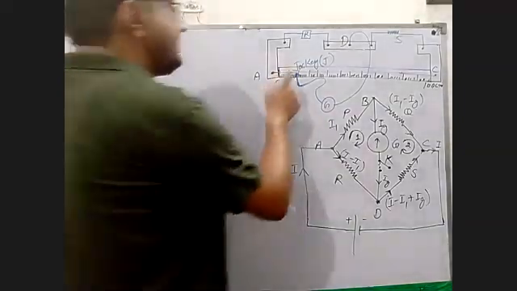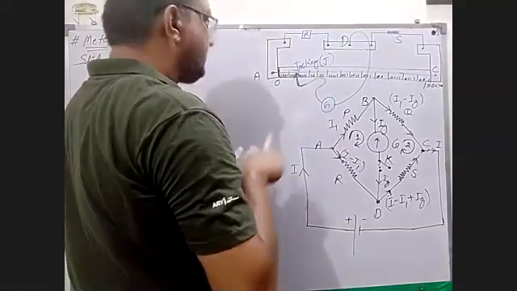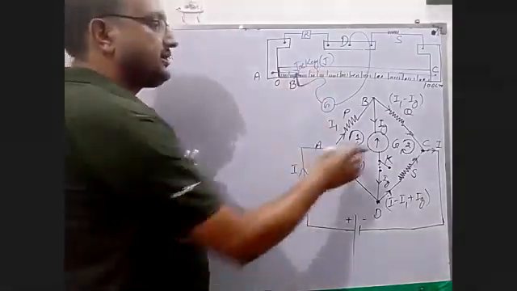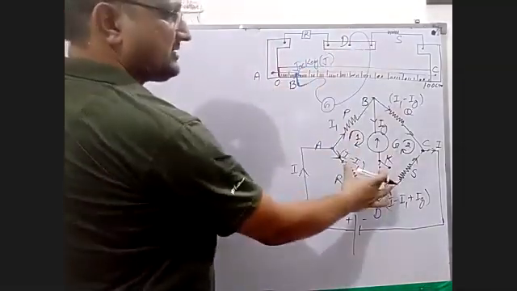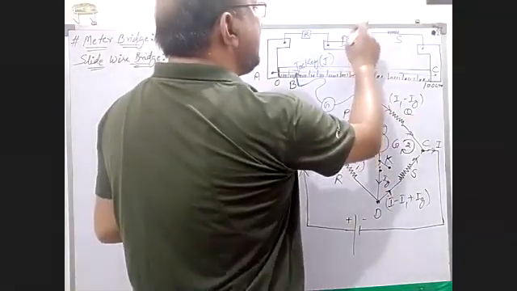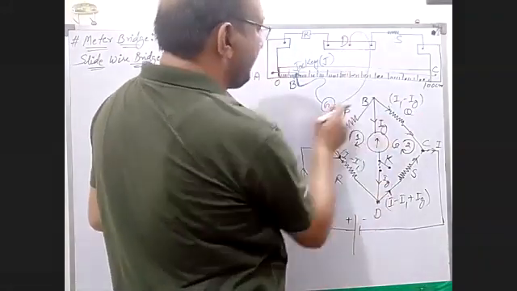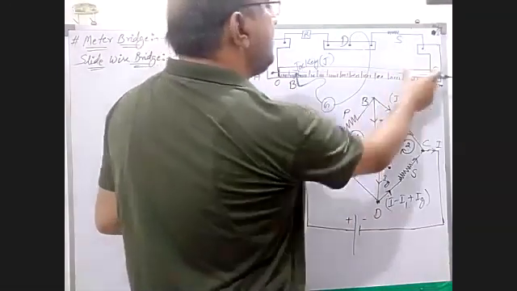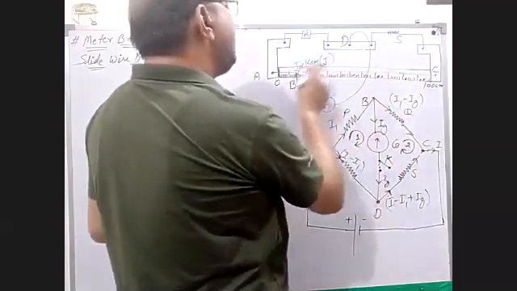Now this jockey gives you the point B, where it gives you the value of Ig equal to 0, or you can say balance condition. Now this is the arrangement like this. There are PQ and RS. You can see here R and S is here. Now this is point D, and from there the galvanometer is connected, and now the point is B, which you have to observe on this line A to C, this red color line.